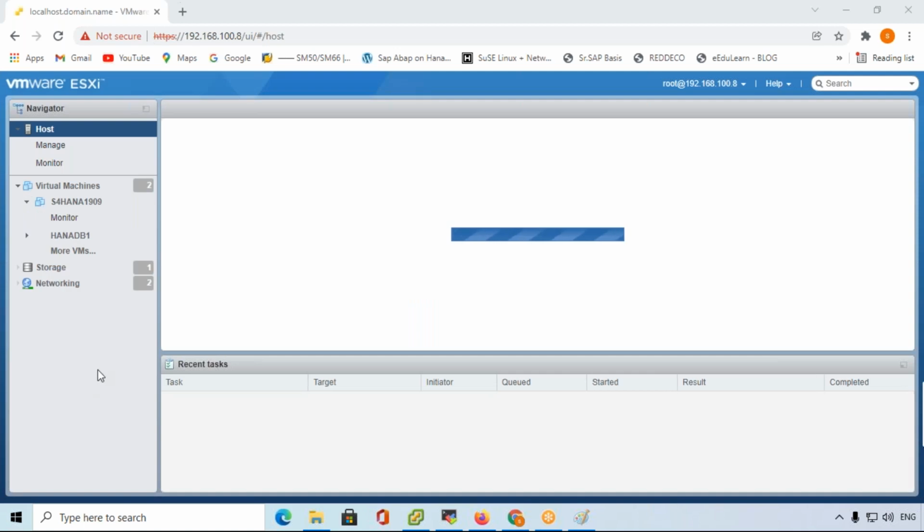Yeah. So this is ESXi 7. We already discussed what the use of ESXi 7 is. Here, okay, S4 HANA is not started.